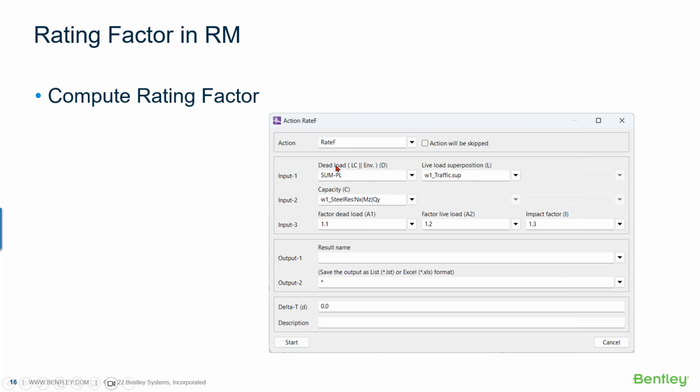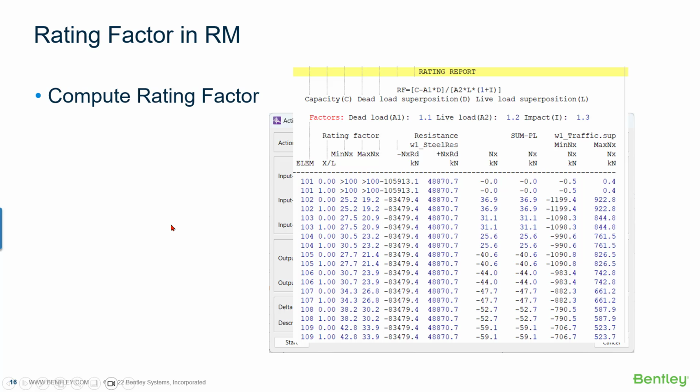And finally, taking all these different elements, we can compute the rating factor by applying the equation that we have seen just before, applying the different factors for the dead load, for the live load, and the impact factor for the live load. And we will store this both in an XLS file, eventually in an LST file, and we will see also in a diagram. So this is the rating report, okay,